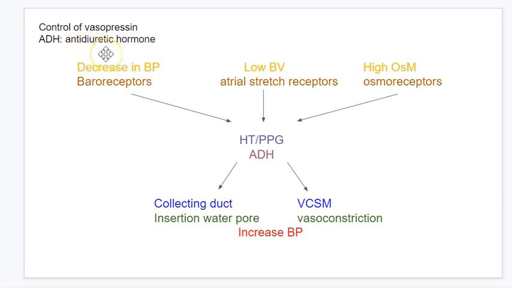A diuretic or diuresis, diuresis being urination, or diuretic that helps you urinate. This is an antidiuretic, so it's going to essentially make you not pee, right? By inserting those water pores into the collecting duct and allowing for reabsorption of water rather than urination out. So we know right there that there'll be an increase in blood pressure because of the antidiuretic effects of this